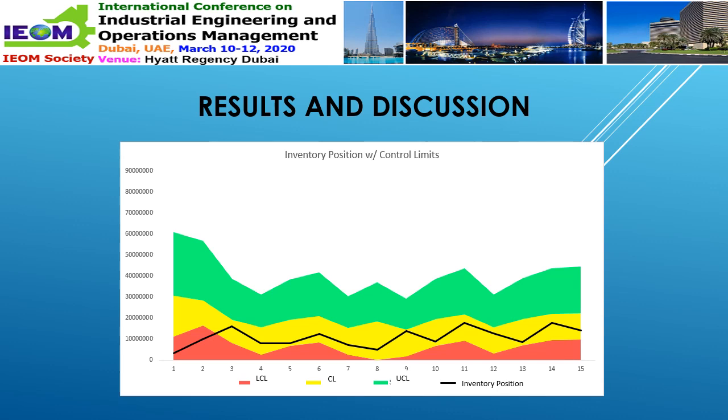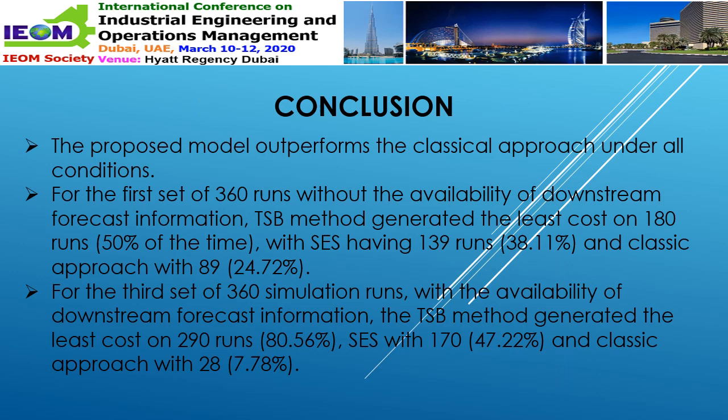So here you will also find the sample graph of inventory position under the control limits. So in conclusion, the proposed model outperforms the classical approach under all conditions. For the first set of 360 runs without the availability of downstream forecast information, the TSB method generated the least cost on 180 runs, 50% of the time, with SES having 139 runs, 38.11%, and the classic approach with 89, or